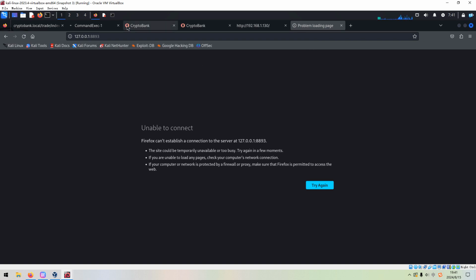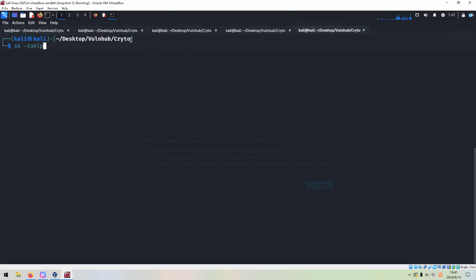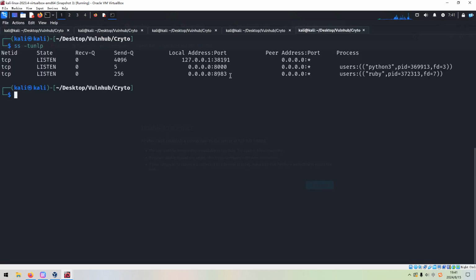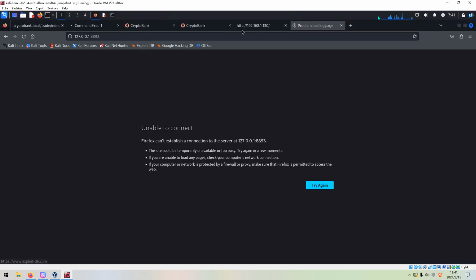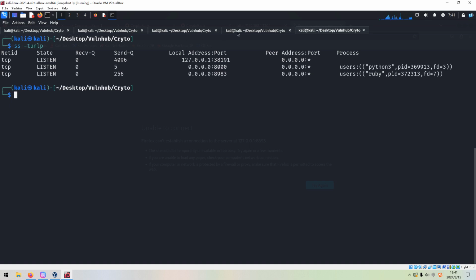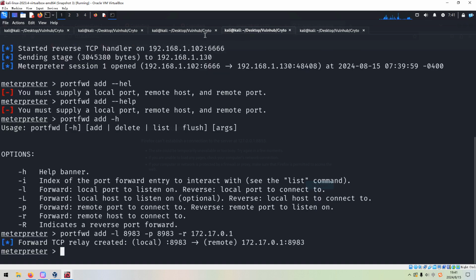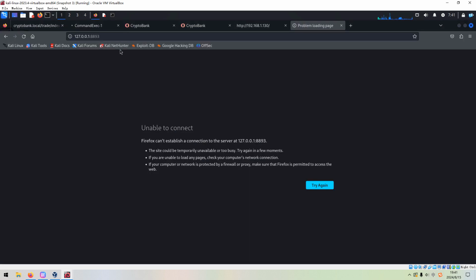Cannot establish a connection. Really weird. The port number is open, so why is it not working?